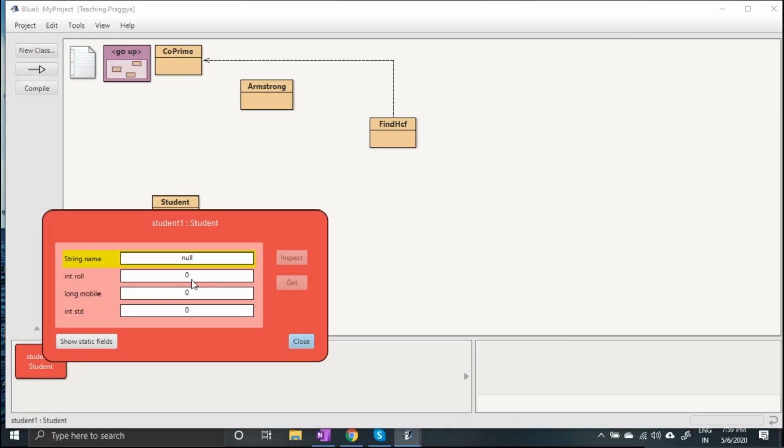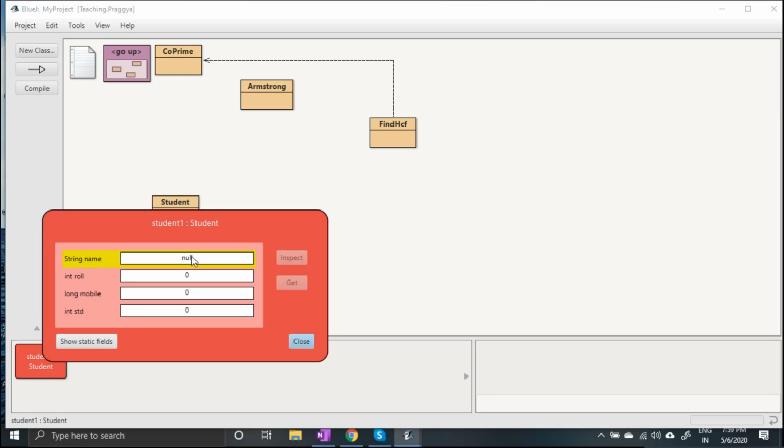All the integer variables are initialized with 0, and the name is initialized with null. So this is what is done by the default constructor. The default constructor puts default values in the instance variables.